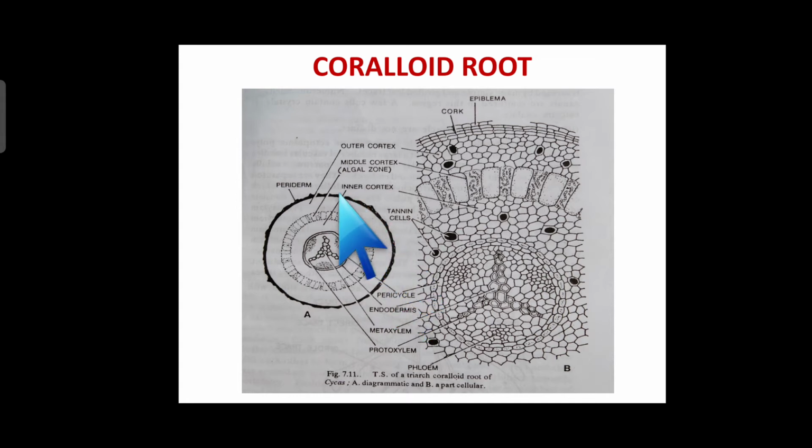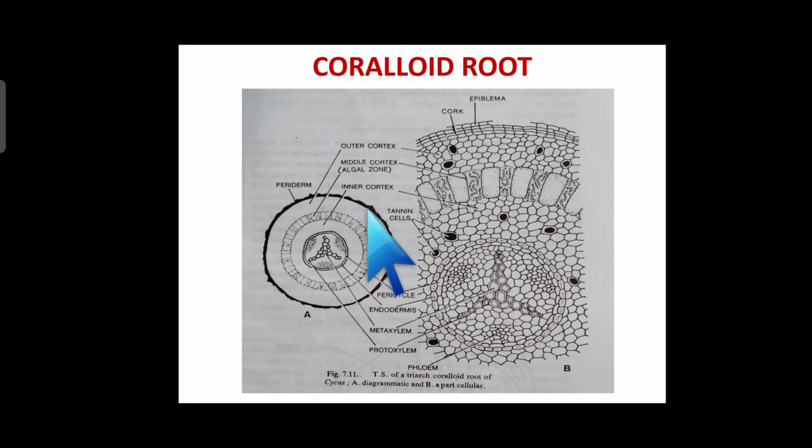outermost layer, and the outermost layer here is a single layered epiblemma, which may become ruptured due to the formation of the periderm, that is the corky outer layer of the root. So due to the formation of the periderm, the epiblemma, the outermost layer, may become ruptured, and also a few lenticels are developed in the periderm layer. The lenticels are present in the periderm layer, and